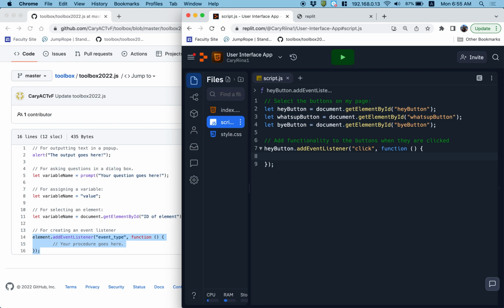So what I'm going to do today is I'm just going to keep it simple. I'm going to say each button should make something pop up. And I know that to make something pop up, I just type alert. So I'm going to say that when they click the hey button, it should say, hey guys, it's Carrie, and in this video,